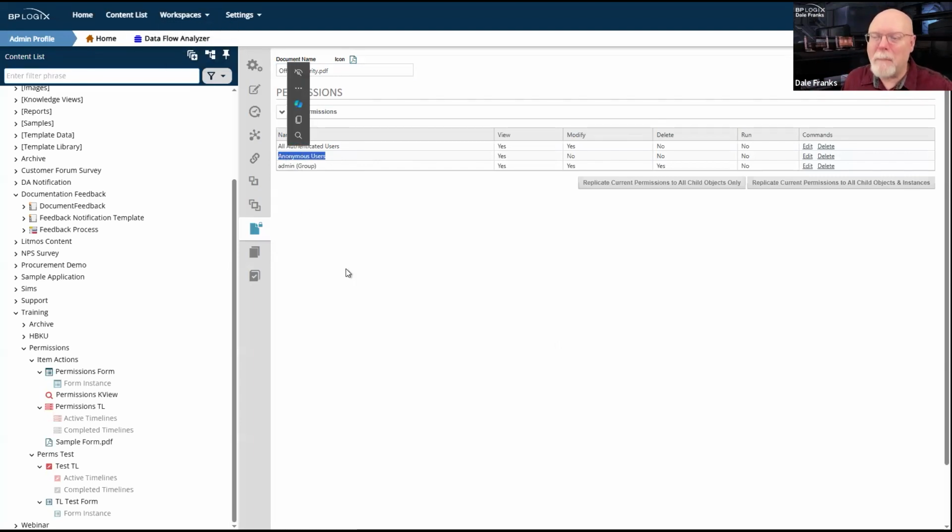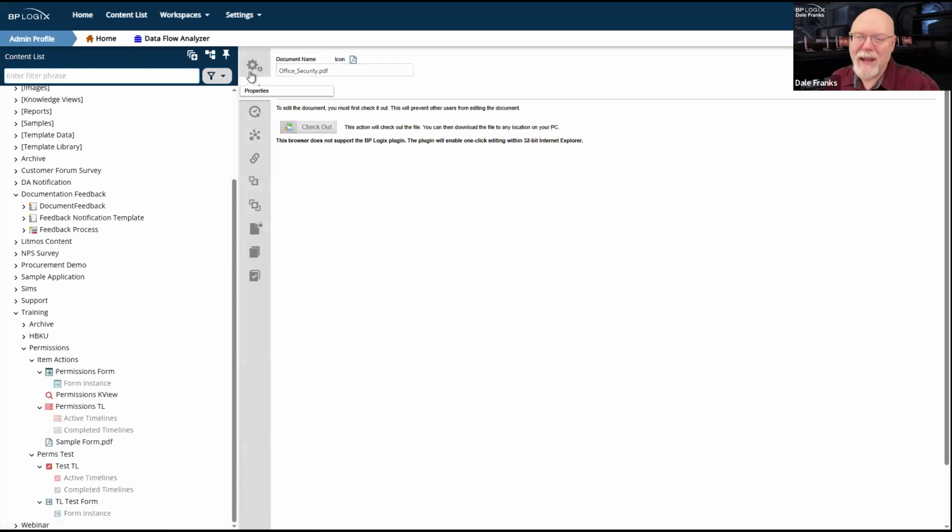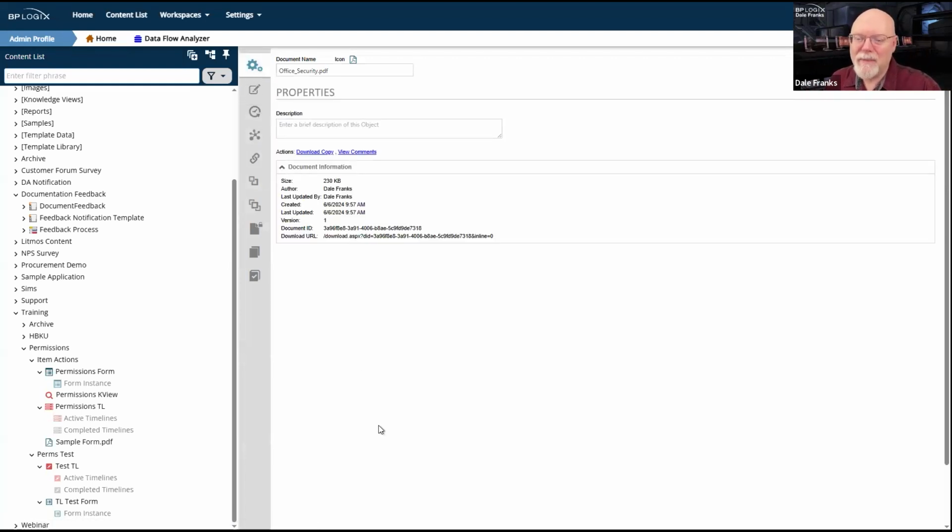The worst thing that could possibly happen is that if the object had an accessible URL, which in this case it does, it's a PDF file, it actually has a download URL. And if I happened as an anonymous user to know what that URL was, which of course would also require that I know what the GUID is for that object. But assuming I knew all of that, technically, if I knew the URL, I could put it into my browser and I could open it and look at this PDF file. That's the worst thing that can happen here.